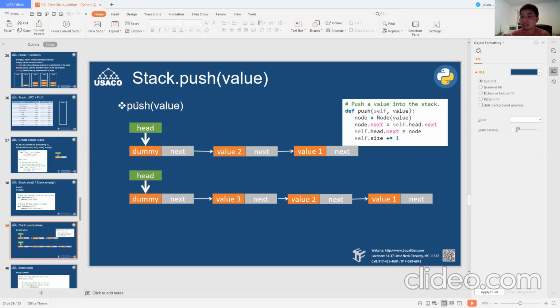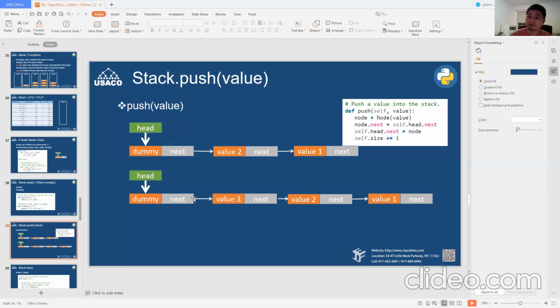So we always insert the new node at the front of the list, after the head, and to support that we need a dummy node to hold that position.